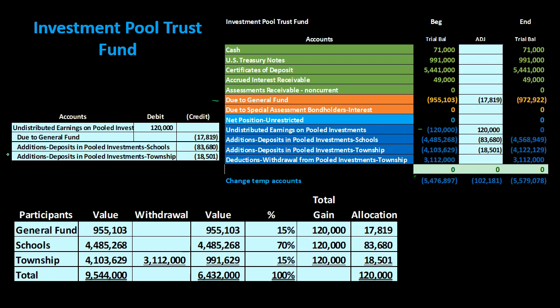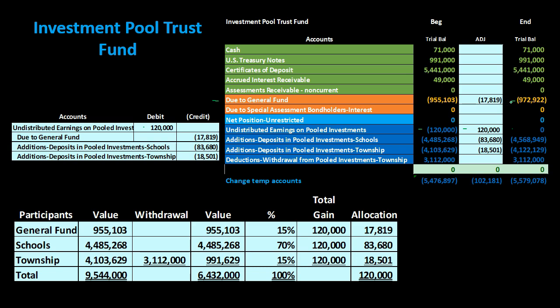So we took the actual basically interest revenue here, and we're going to remove it from where we put it in the holding account, taking this holding account back to zero. So it's no longer in the undistributed earnings because it's now been distributed. And that goes back down to zero. Where did we distribute it? Well, we put the 17,819 into the due to, kind of like a liability account, because that's the general fund